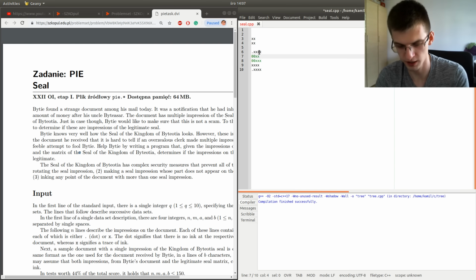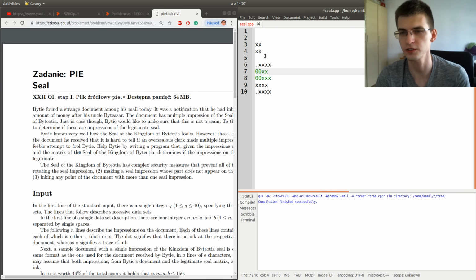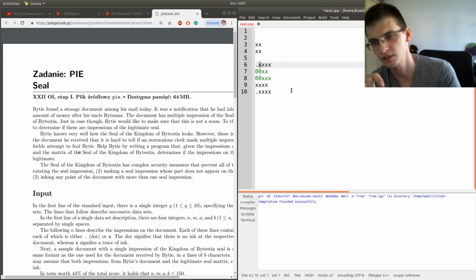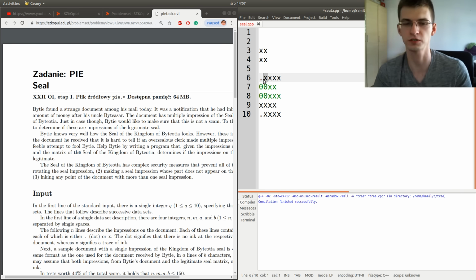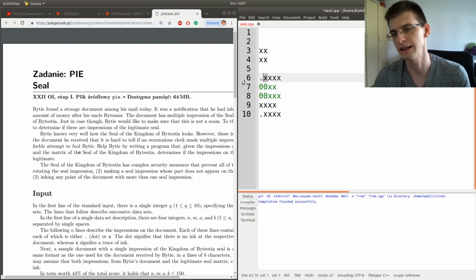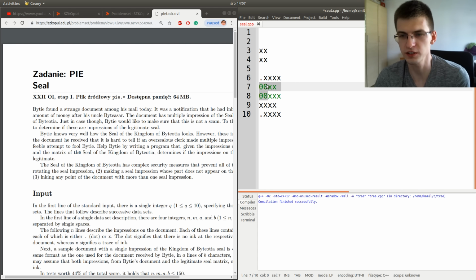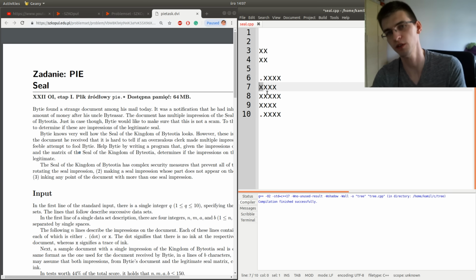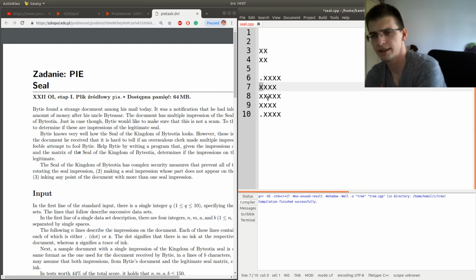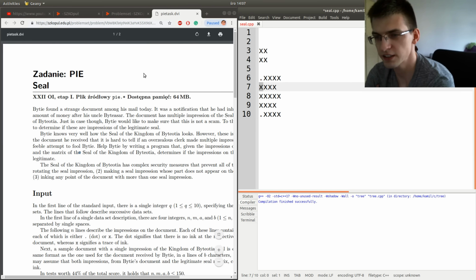Then of course we see that we have a single X here that can't be used in any square anymore. We can't cover this. Also, the statement said the patterns can't overlap. So now we see that the answer is no. And the thing is that we can't avoid putting this square here, because we must cover this cell somehow. The input was this, and the only way to cover this exact cell is putting the square we've just considered. So the answer is no in this case.